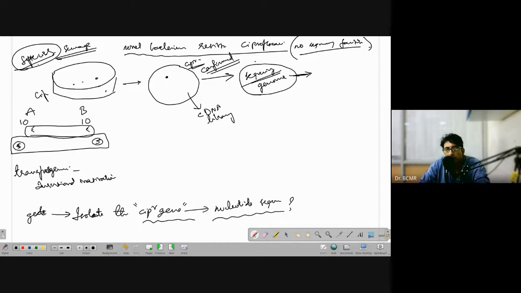Okay, we will discuss that too at some point. So with this, we cannot directly know which gene is the ciprofloxacin resistance gene. How can you do it with this cDNA library? With a cDNA library,